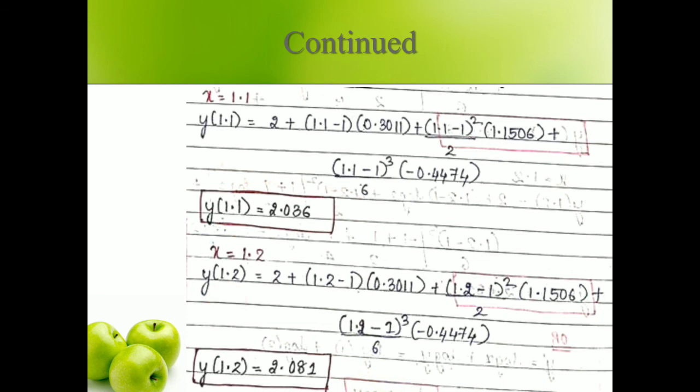This completes your Taylor series. So Taylor series is very easy. You only need to keep the differentiation in mind. You need to differentiate the given dy by dx to the first order, second order, third order and fourth order. Once you do that, you have to substitute in your Taylor series formula the initial values x naught, y naught, y dash, y double dash, y triple dash, y to the power 4 to get the other solutions of y for the given problem. Thank you.